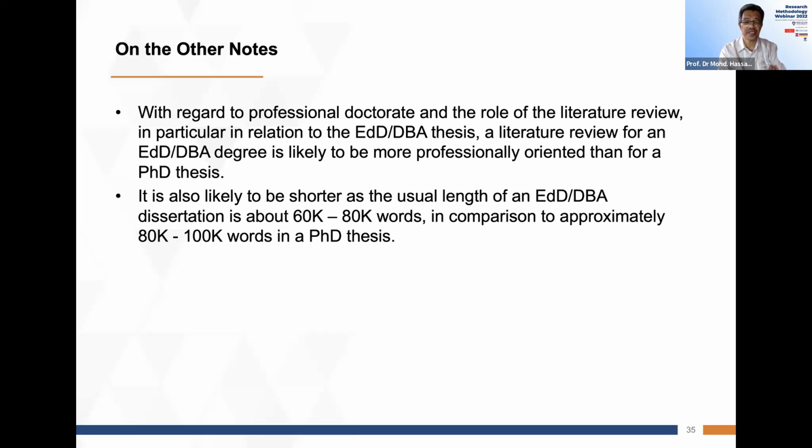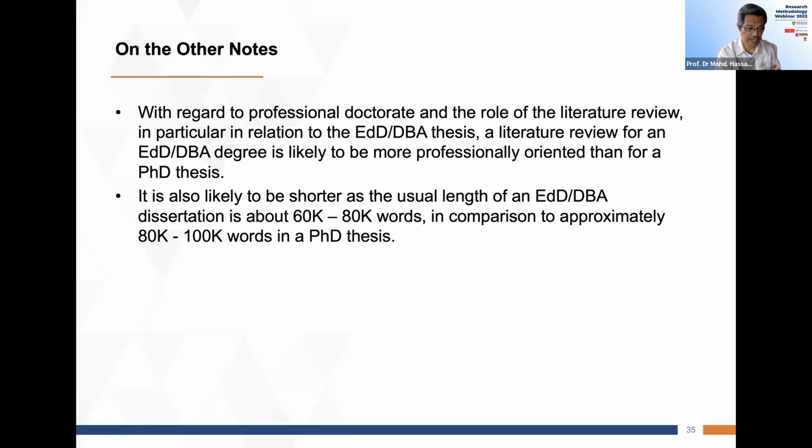This is because the nature of the focus of the PhD research tends to be theoretical. It is theoretically focused and tends to be more academic, whereas for DBA and education doctorate, it's more professionally oriented in the sense that it is, as I said earlier, a practice doctorate, right? So the literature review tends to be shorter for the education doctorate and the DBA,